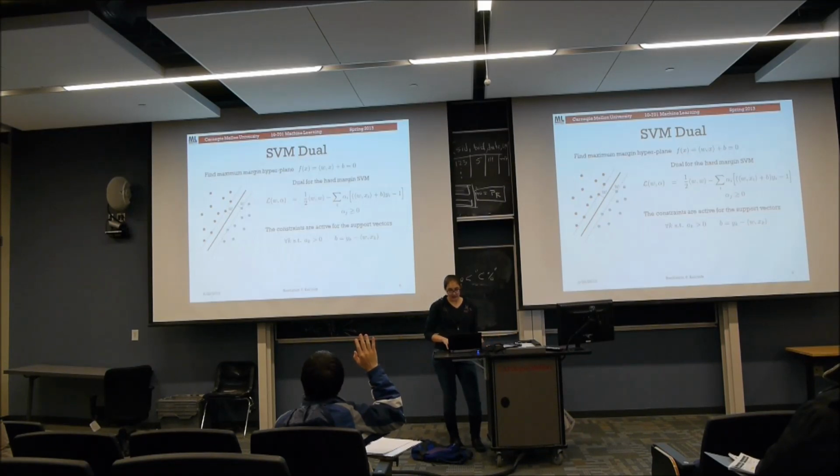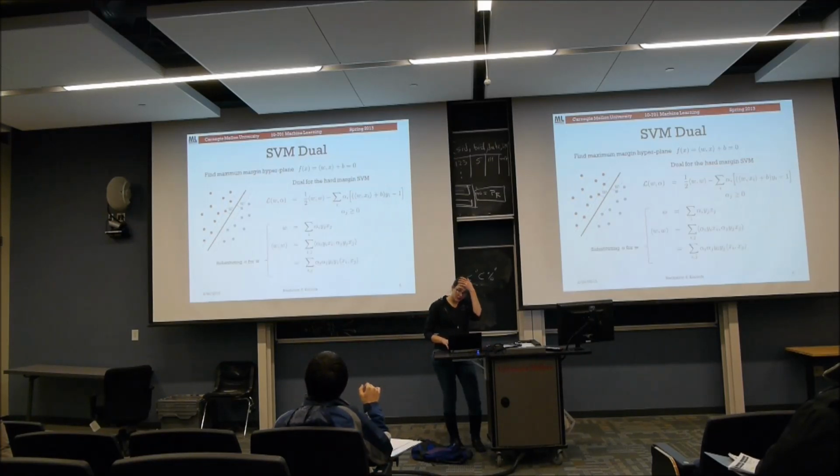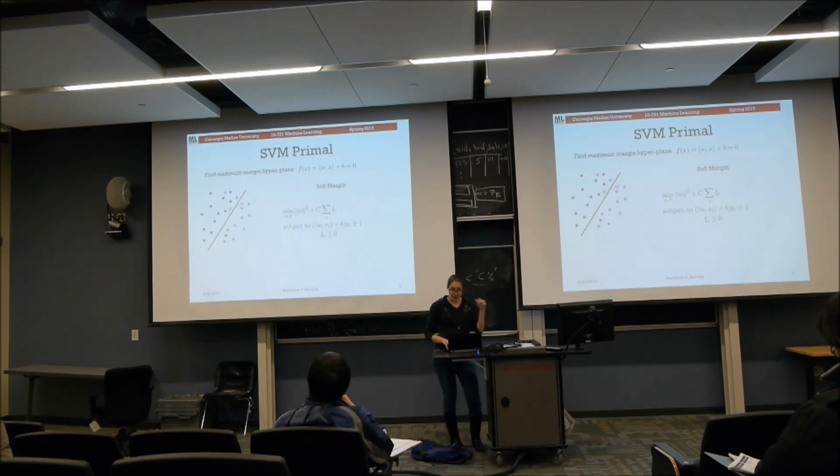The reason for this is, well, you've learned the Lagrangian, and yes. How do we go from the problem to the dual? Well, you've learned how to build the Lagrangian, right? So when you've got a primal problem, like